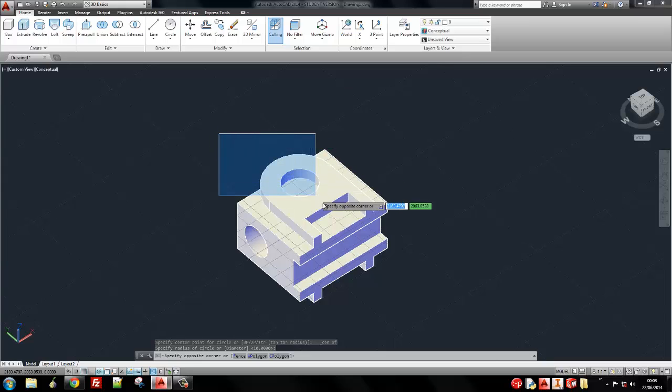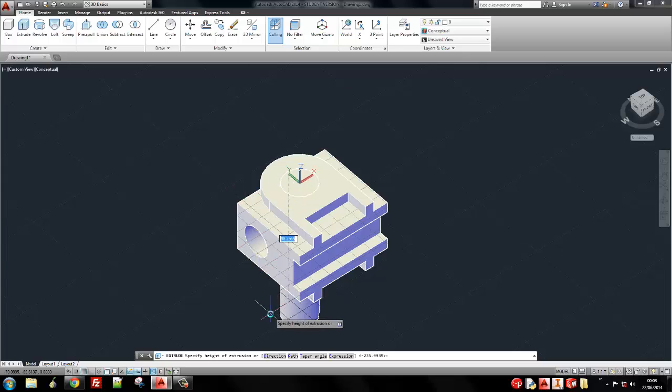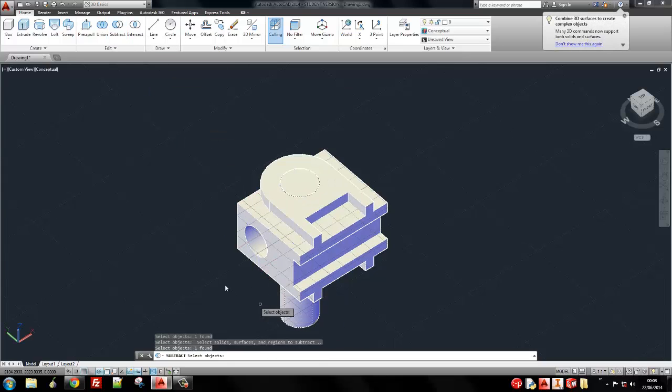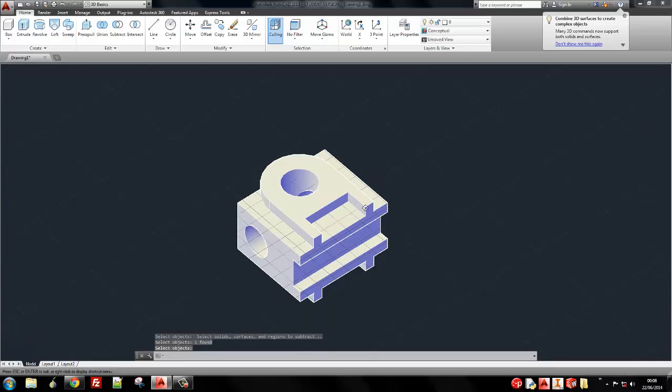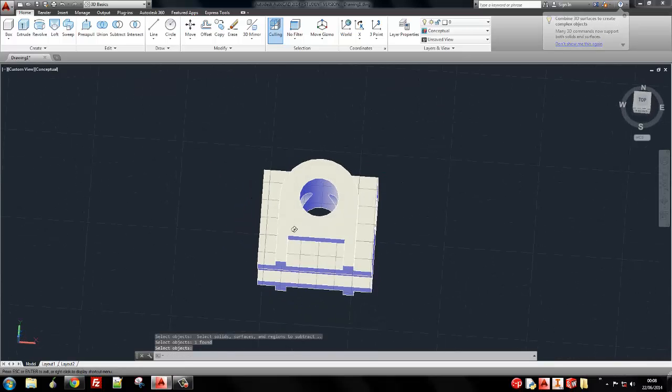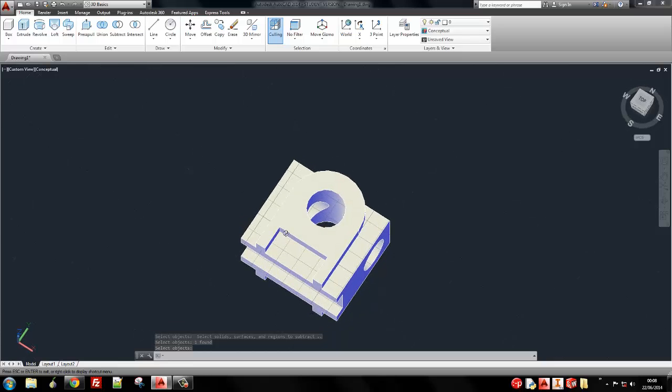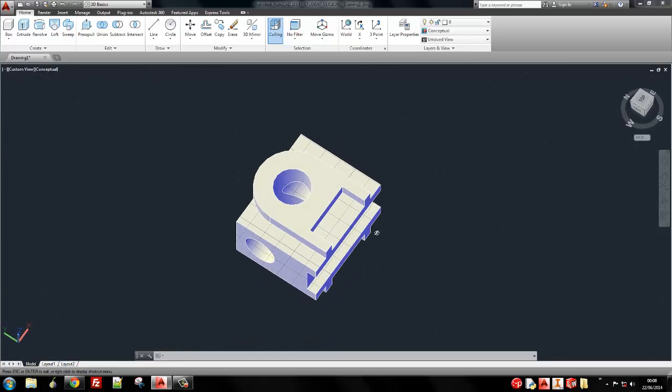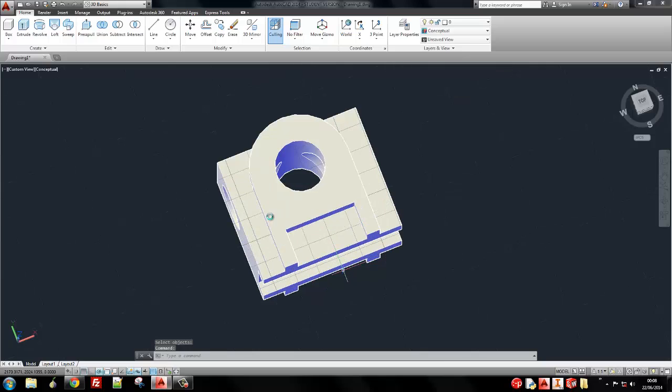And then I'm going to grab that circle, extrude it all the way through, and then subtract it. So big object, cutting face. There we go. So there you go. You've got this nice little cutaway going on the inside there, where you've got two cuts that are intersecting each other. And let's do the same with this